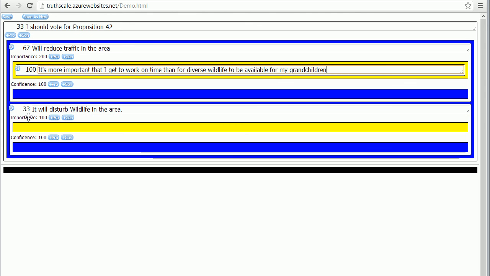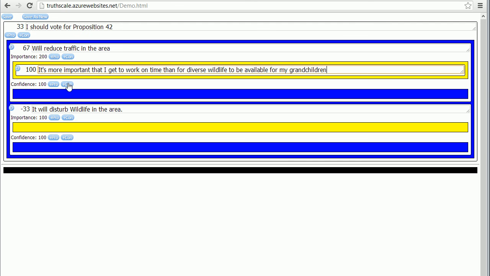Each item starts out assuming an importance of 100, so they'll all be the same weight, but now this one is twice as important as this one. So in a sense, its weight is 67, and this one's weight is -33 because it's a con and it has the other third. This has 2/3, which in total gives us a +33. So if this was all the facts and information we had, then we would decide yes, we want to vote for that proposition.